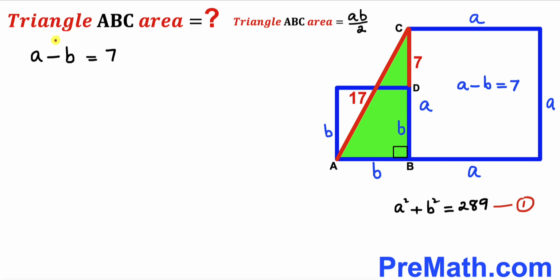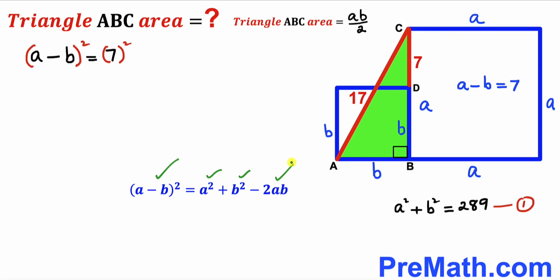And now I'm going to tweak both of these sides by taking a square on both sides of this equation. And now let's recall this famous identity. A minus b whole square could be written as a square plus b square minus 2 times ab. And we are going to apply this identity on the left hand side of this equation. So the left hand side is going to become a square plus b square minus 2 times ab equals